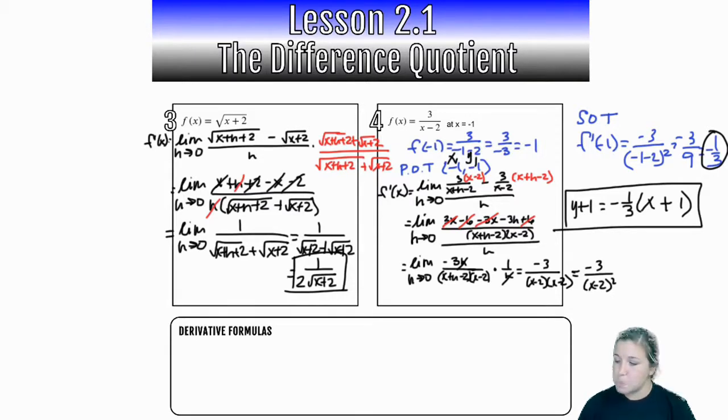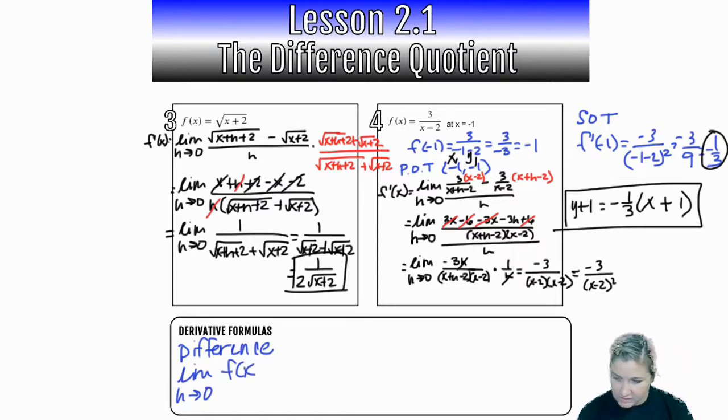Okay. So you can use the difference quotient. If it tells you you have to use it, or to use the difference quotient to show whatever, then you would need to use this: the limit as h approaches 0 of f of x plus h minus f of x, all divided by h. If it doesn't specify the difference quotient, then you can use